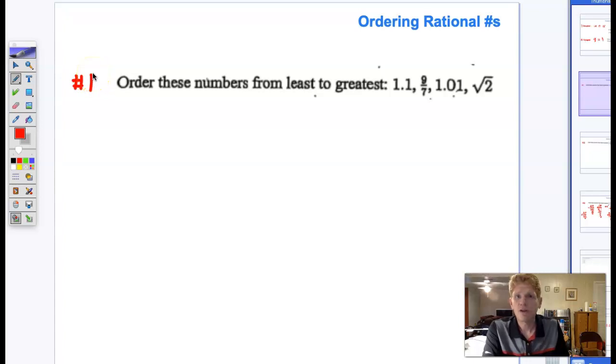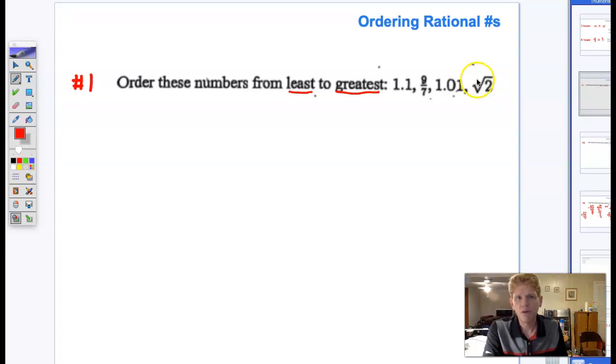In this lesson, we're going to talk about ordering rational and irrational numbers. So here we have our problem. Order these numbers from least to greatest. If you'll notice, in this particular set of problems, we have some decimals, a fraction, and we have a square